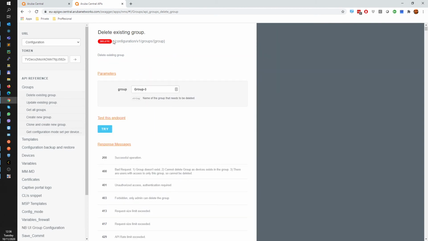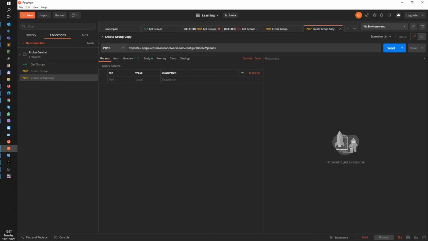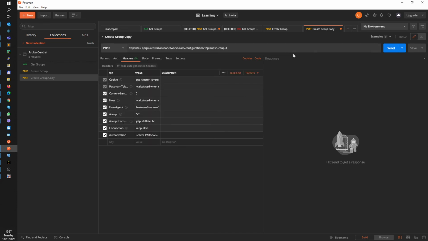So in order to delete an existing group, this is the endpoint, which we copy here. And we finish off with a group name, which would be group 3. And we get rid of the body. The headers still have the bearer in them.